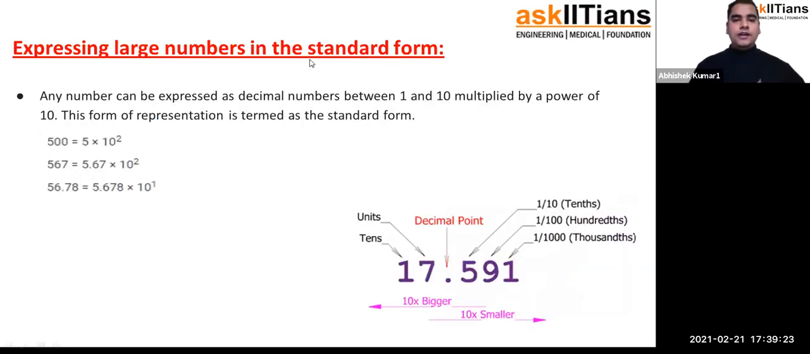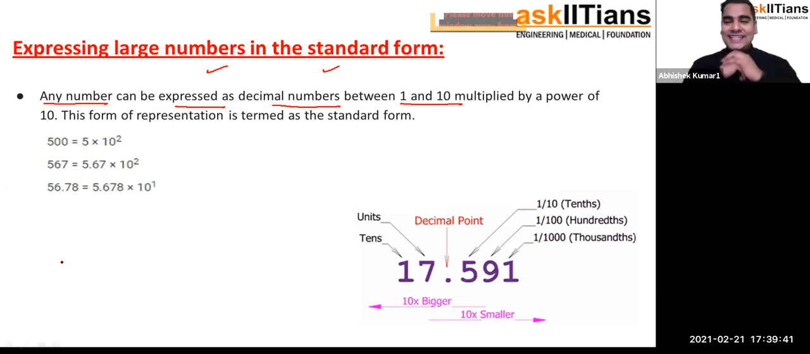Okay, so now we have how we can represent large numbers in the standard form. All right, so what does it say? Any number can be expressed as a decimal number between 1 and 10. Listen very carefully to what they are saying. They are saying you give me any number, and you can always write that number as a decimal number between 1 and 10,